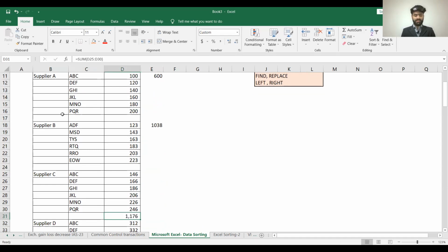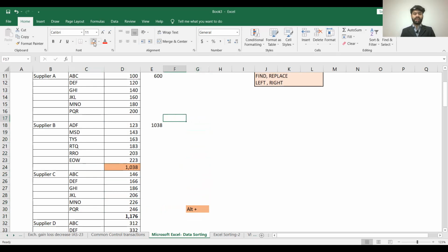It will sum all of the above. What is the key? Alt plus. I keep my cursor in this cell, and Alt plus will sum all of the above. So this is one thing which I can do, but obviously it will take a lot